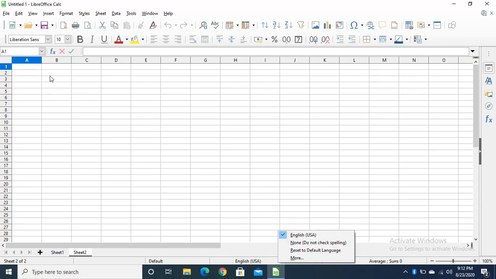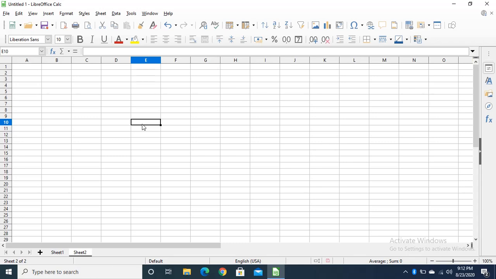Then next is the cell. Now what is a cell? Every rectangular box is a cell. A cell is basically the intersection of a row and a column. This one is column E and row 10. So the name of this cell is E10. We always write column name then row number.